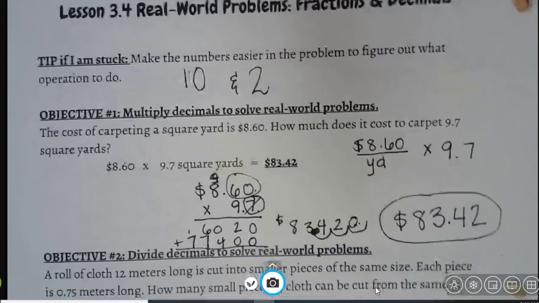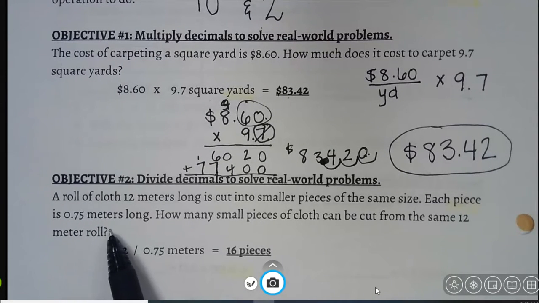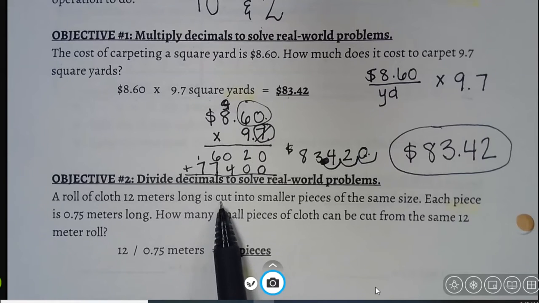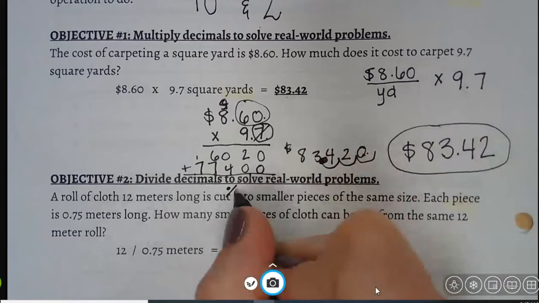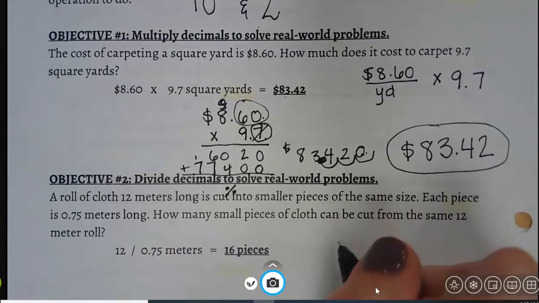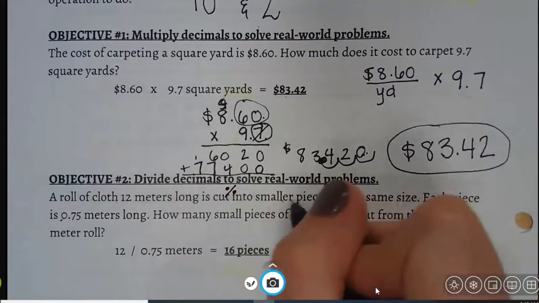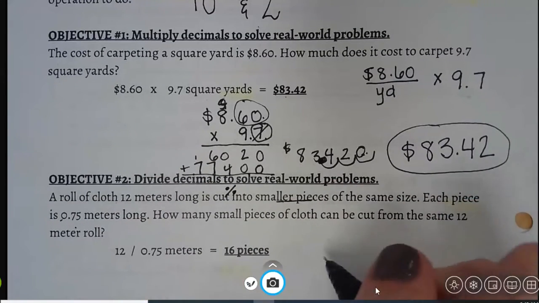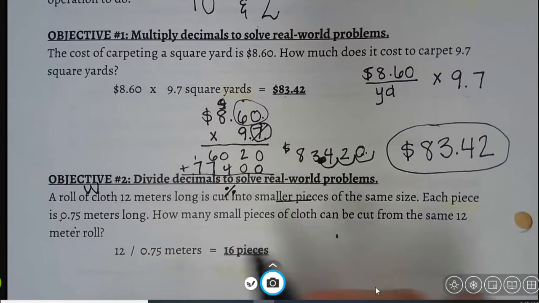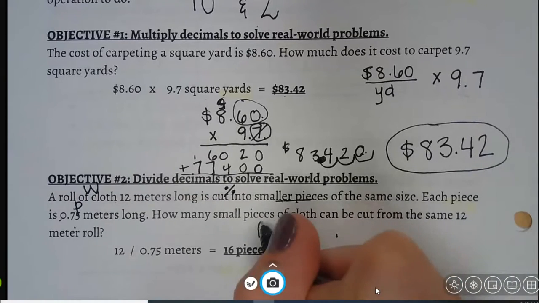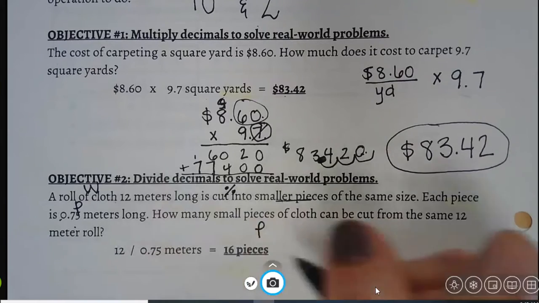The second objective is to divide decimals to solve real-world problems. A roll of cloth 12 meters long is cut into smaller pieces. So when we see something like that, we know that we're cutting or dividing this roll of cloth into those sections. Each piece, so that's of the smaller pieces, is 7/500 meters long. How many small pieces can be cut? So I would have the whole of the 12 meters. This is one part, and I'm looking for the other part. So I have 12 meters divided by